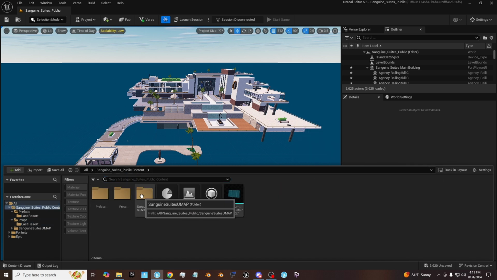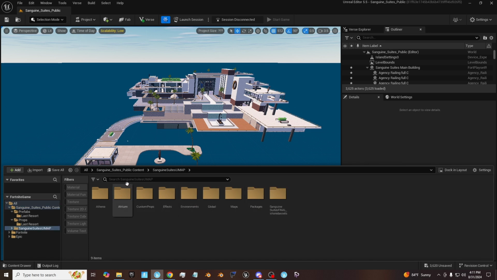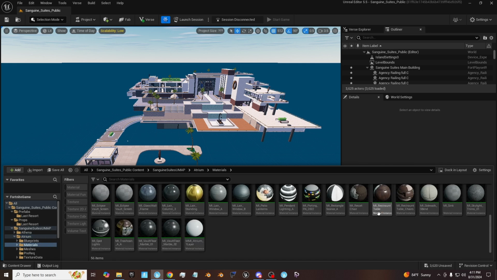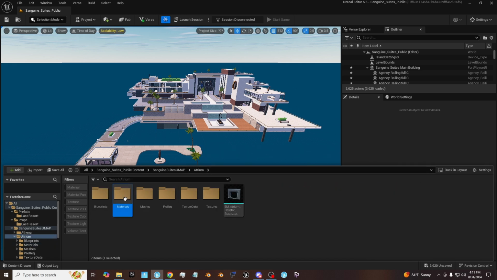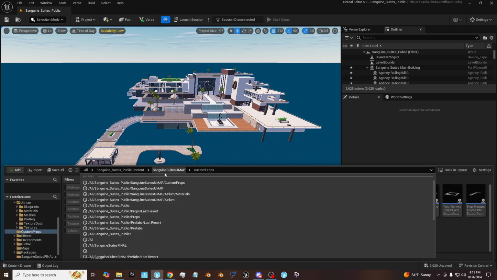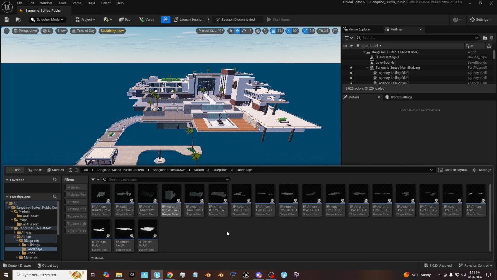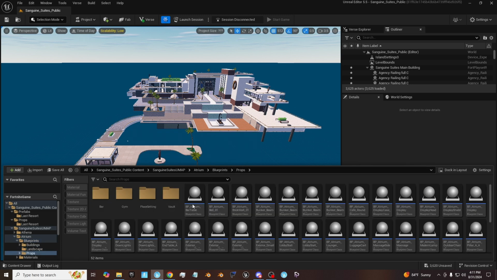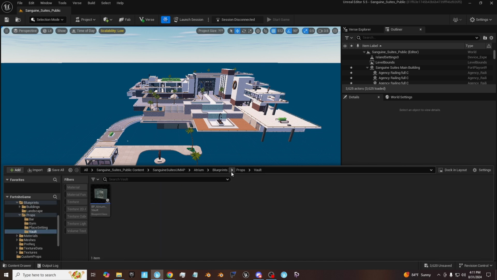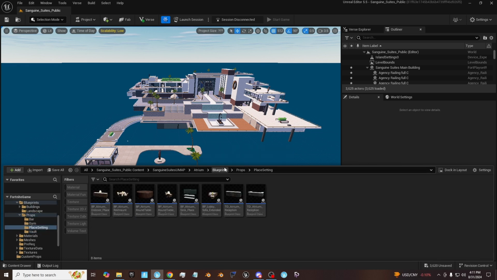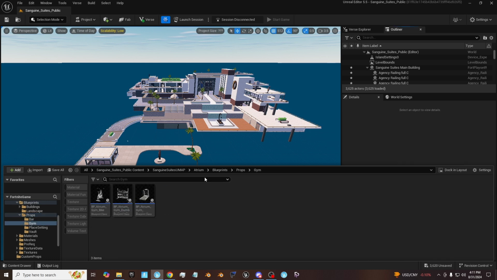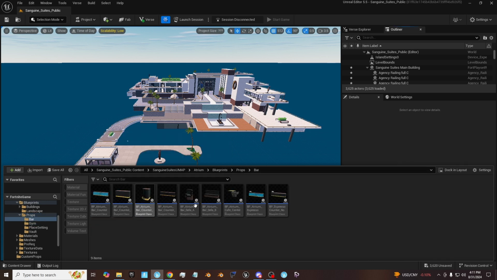Then what's next is the actual source file, I guess you could say. This has basically everything that's been made. It has all your materials, and a bunch of custom props. These aren't all the props. You'll find most of your custom props in Atrium blueprints, and then you can do buildings, landscape, which would be like all this, or props, which is all this. There's vaults, place settings, gym, the bar stuff,